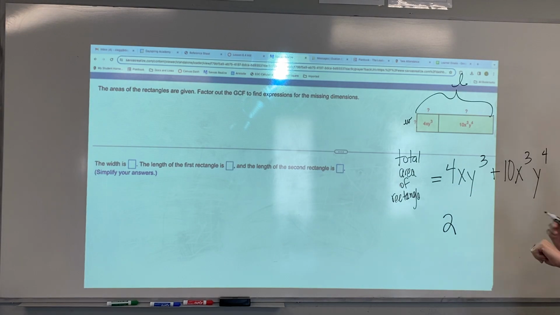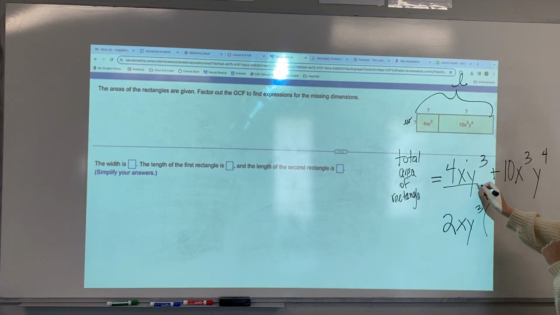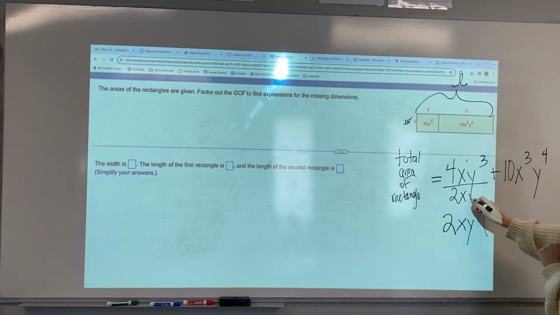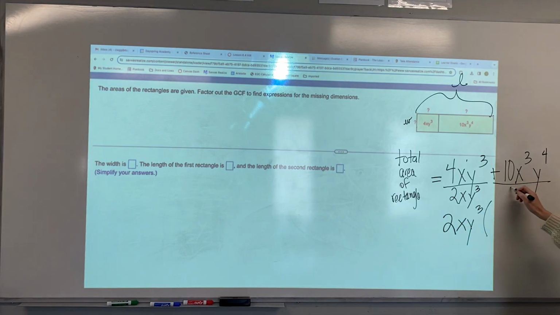What's the greatest common factor of x and x cubed? It doesn't cancel out. X to the first and x to the third, the greatest amount of x's that they have in common is x. What about y to the third and y to the fourth? Y to the third, very good. So now we've factored out our GCF, and we can divide by the GCF, 2xy cubed,